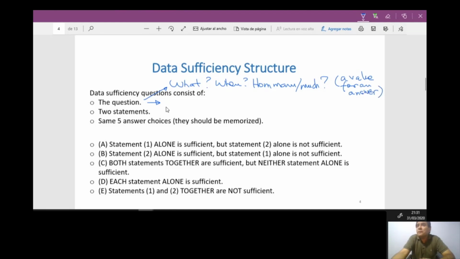But there is another type of question that you can find in data sufficiency. It is the yes-no question, okay? Yes-no questions are questions that usually start with is, are, do, did, etc. Right? So you have these two types of questions. Then